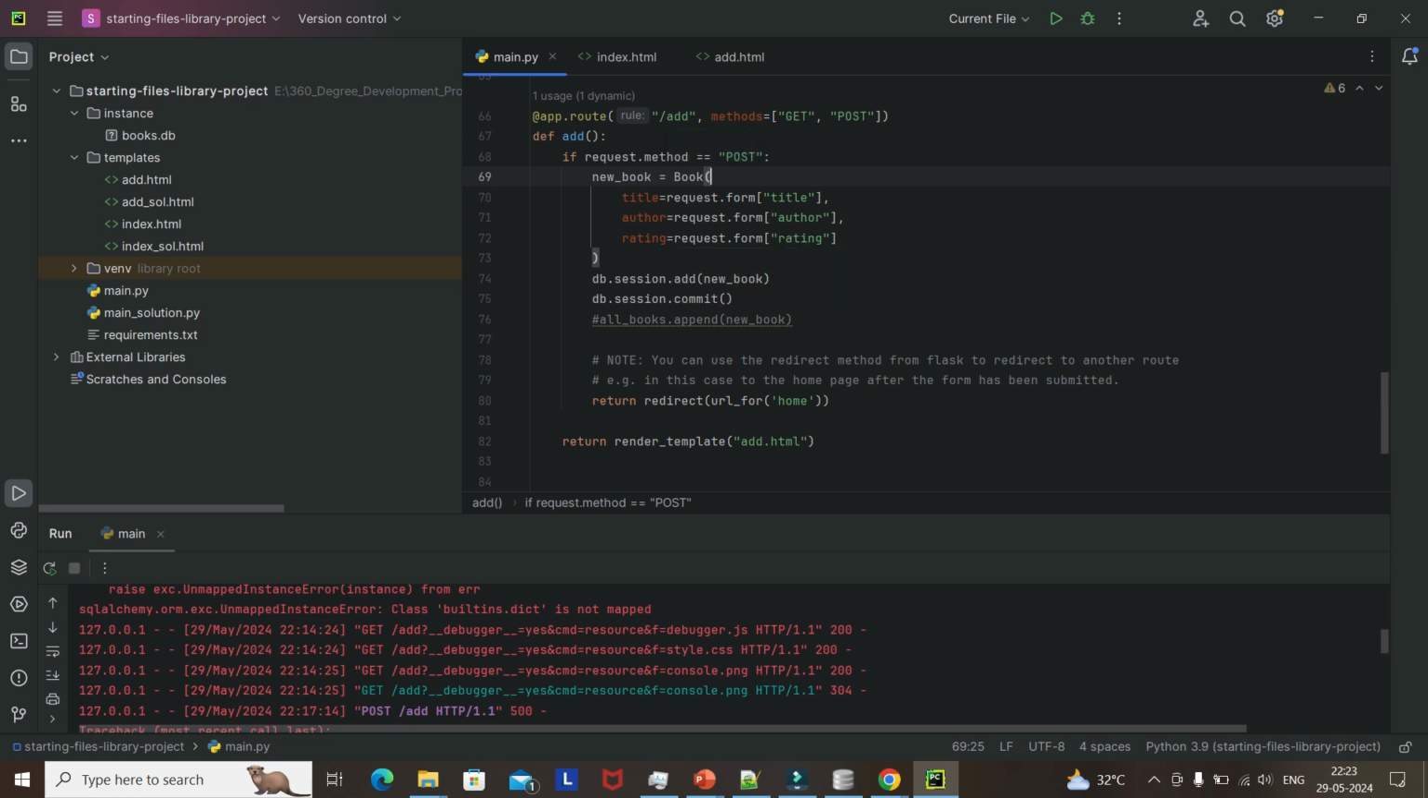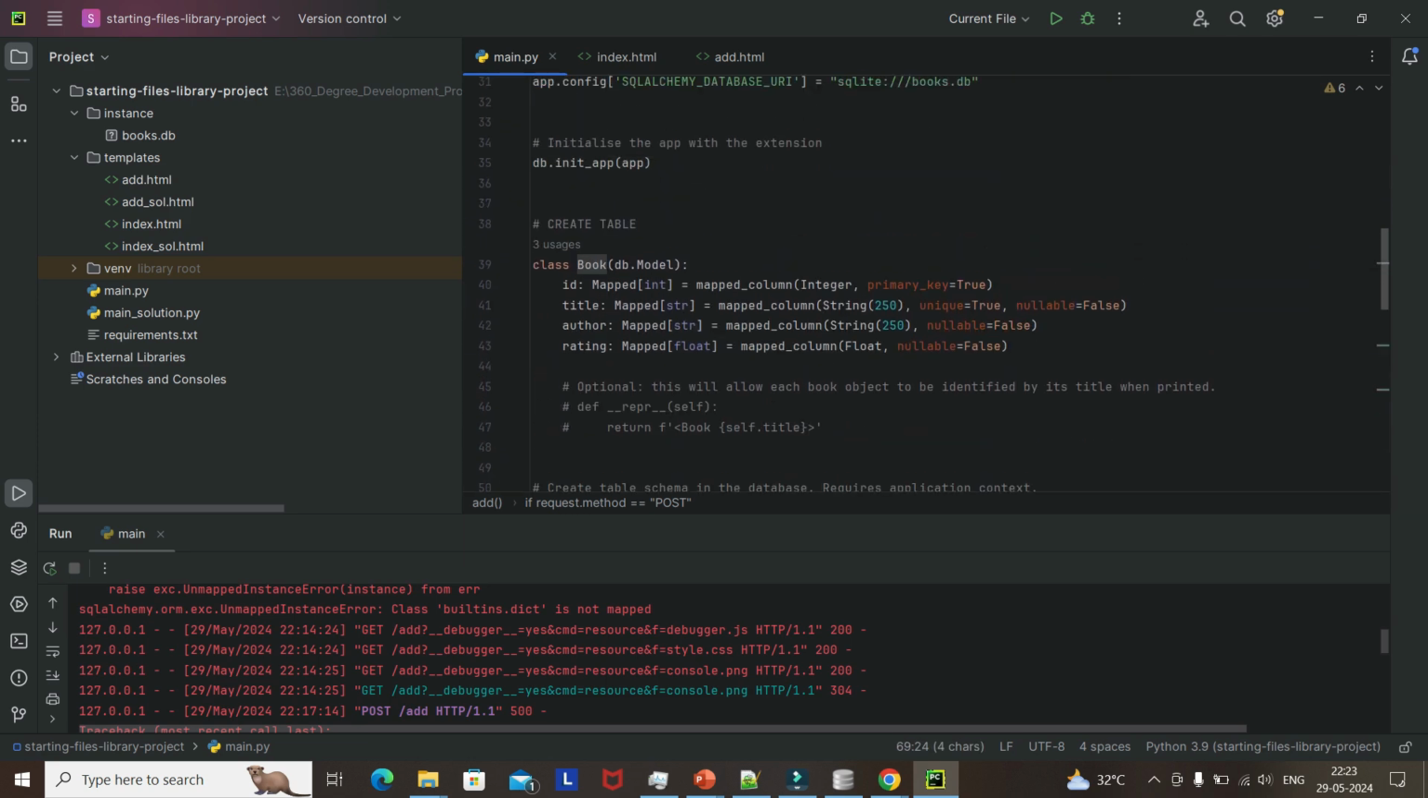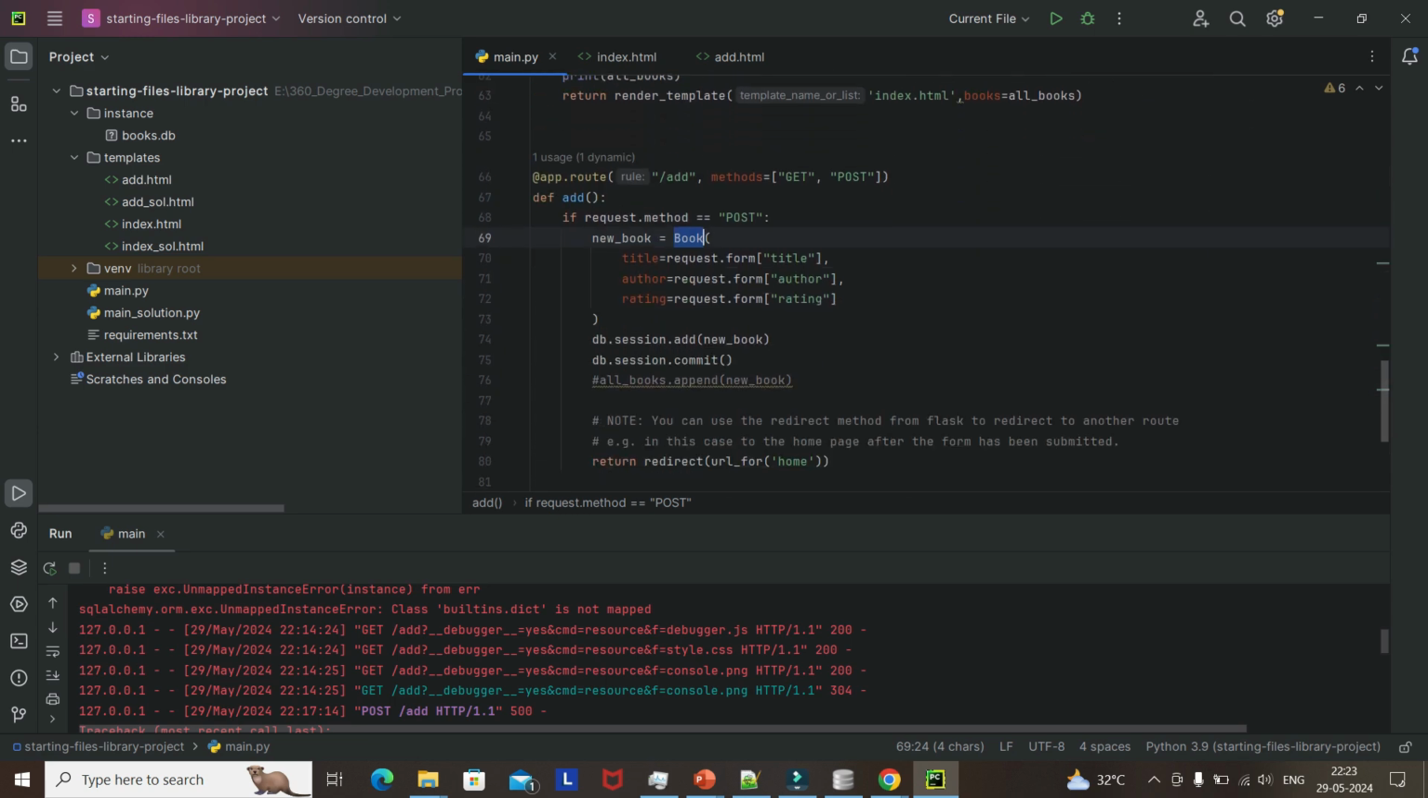What happened here is that before, I hadn't changed the dictionary kind of stuff, where we are defining a new book equal to a dictionary where we are storing all the data as key value pairs. But here we will be storing it in a database object, right? So we are creating an object of that class Book which we defined here, and then we are adding that object using the db.session method. Now if I try to run it again,